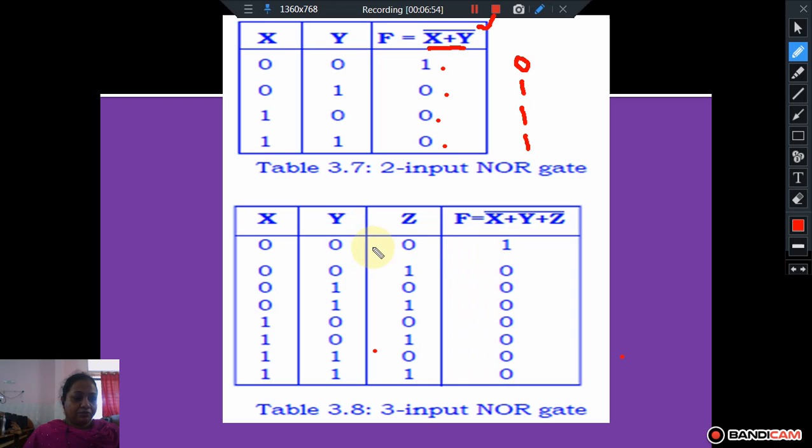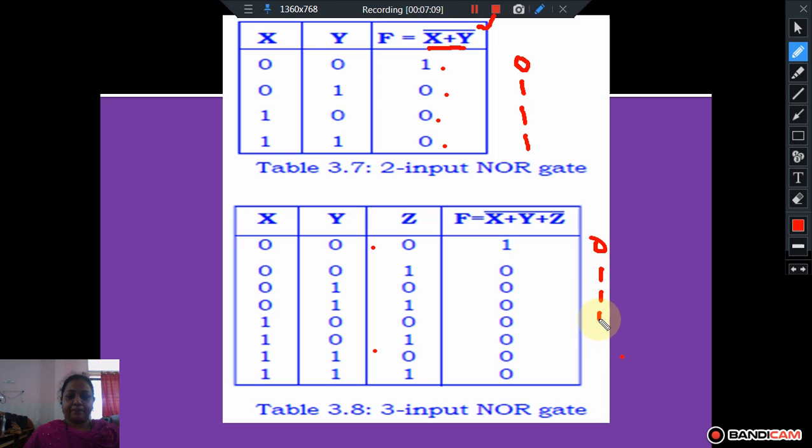Similarly, for the 3 input OR gate, it is again all zeros in the first case and in the rest of the cases it is 1.